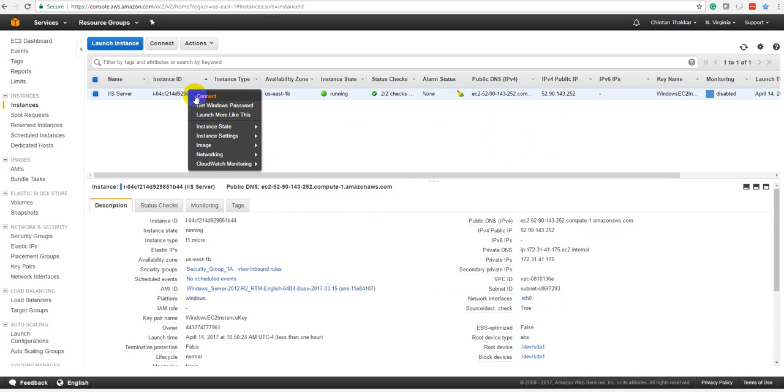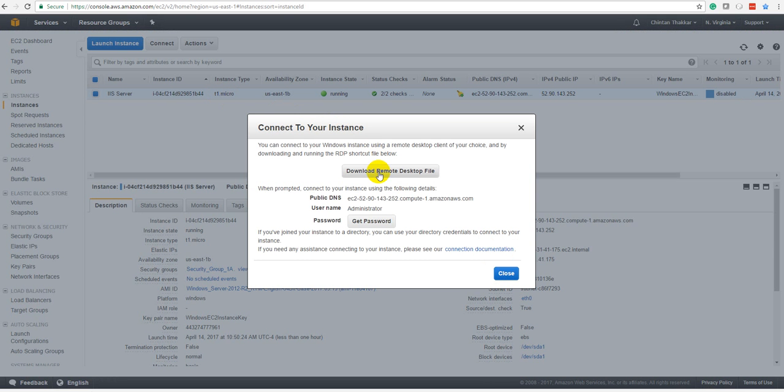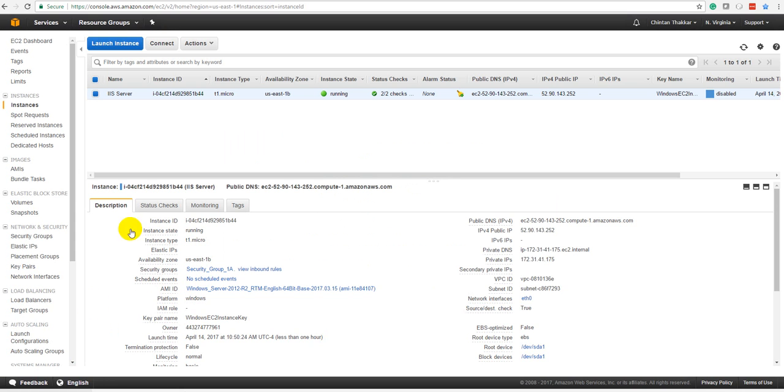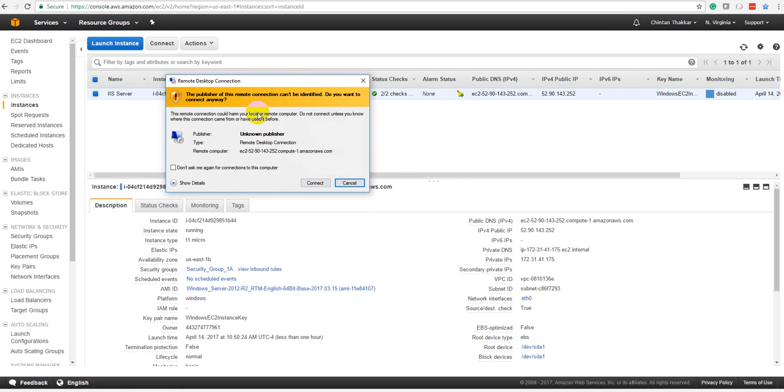You can also do it one more way. You can either click on your remote desktop protocol in your computer, or you can even click on connect. So just click on connect. You can download the RDP file. Once you download the file, just click on open. It will prompt this remote desktop connection for you. Click connect,